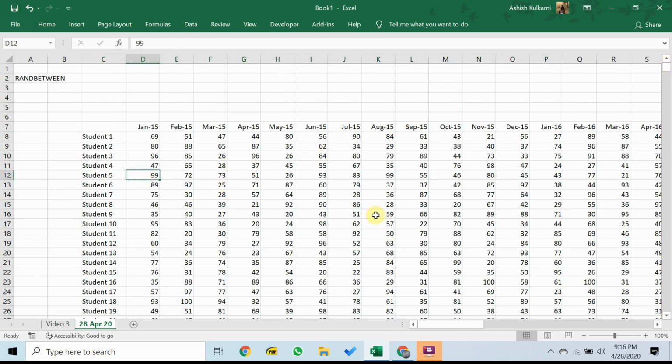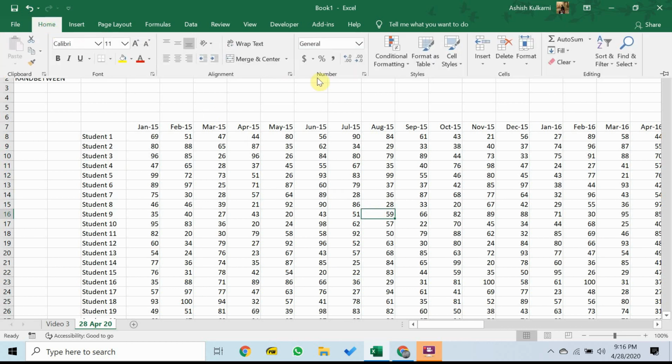Make sure you've clicked somewhere within the table, number one. Second, make sure that your table has no blank rows or blank columns. Blank cells are fine, but entirely blank rows or entirely blank columns, what I'm saying right now will not work. But so long as that is not the case, and that is not the case in our table, what I'm about to show you will actually work.